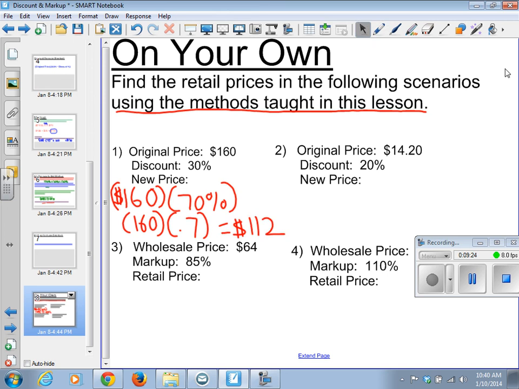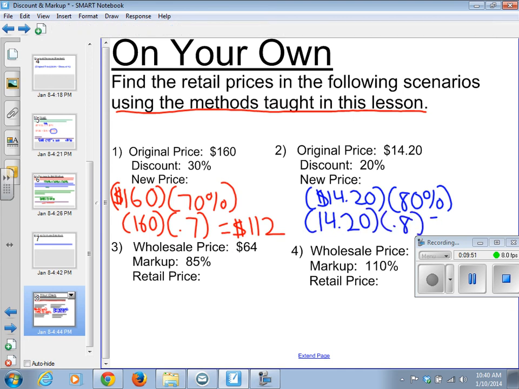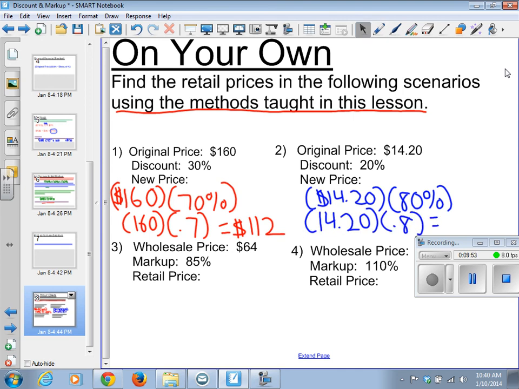Okay, if you watched me work that one out and you want to pause for number two, please do so. Same idea, it's a discount problem. We've got an original price of $14.20. We are taking 20% off of the original price, which leaves us with 80%. So we get $14.20 times 8/10. And we work that through. I have my calculator here. $14.20 times 8/10 for a final answer of